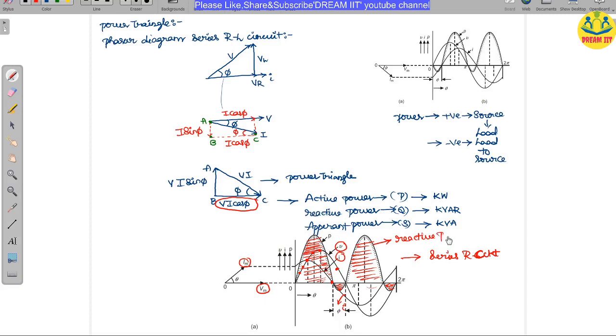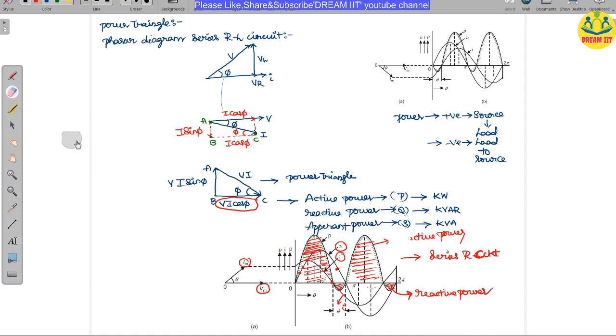Okay, so reactive power is the power which is reacting itself. We are not observing it, and we are not giving it. This is the true power which is absorbed by this circuit, but if you observe this cycle, this negative half cycle is called the reactive power. So what is this positive half cycle?